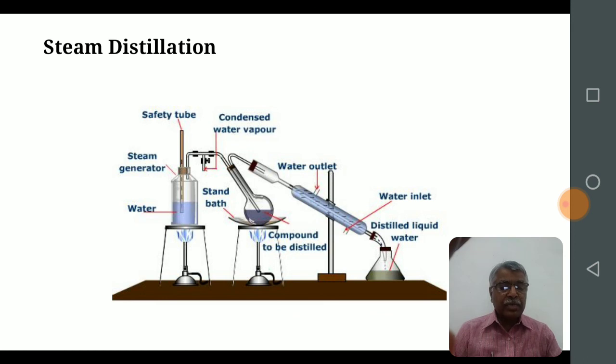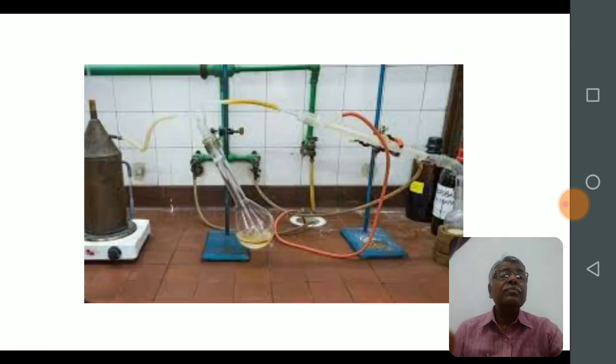The tube carrying the steam from the can dips below the liquid in the flask. The distillation flask is kept heated gently on a sand bath in order to avoid too much condensation of water into it. The vapors of the organic compound mixed with steam pass over and are condensed in the receiver, forming two separate layers which can be separated by means of a separating funnel. The organic liquid is then dried and redistilled. The assembly can be seen here.